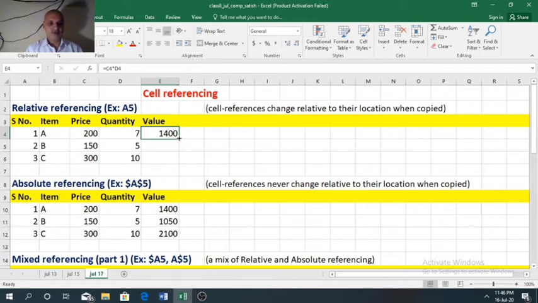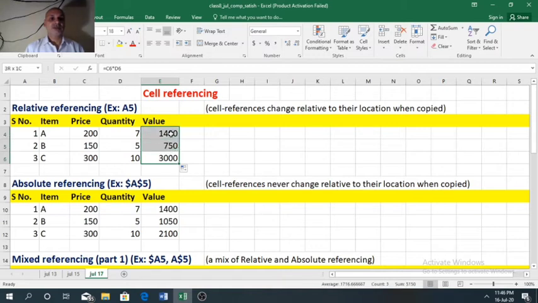Now we have to left click and drag. When we release the mouse button, the formula will be copied to the other cells. So here you can see 150 multiplied with 5 gives 750, and 300 with 10 gives 3000.